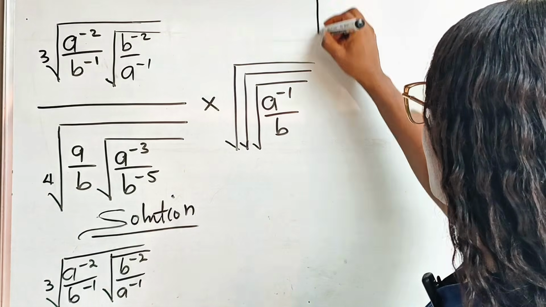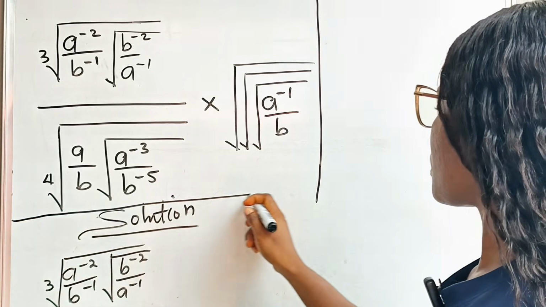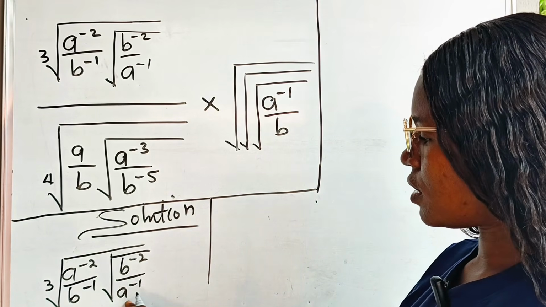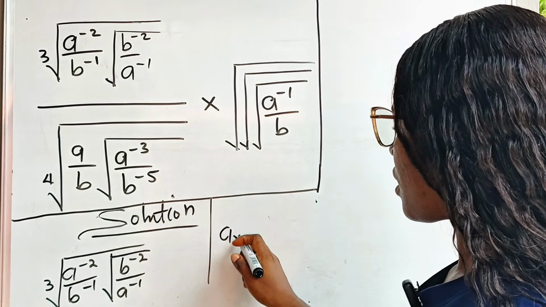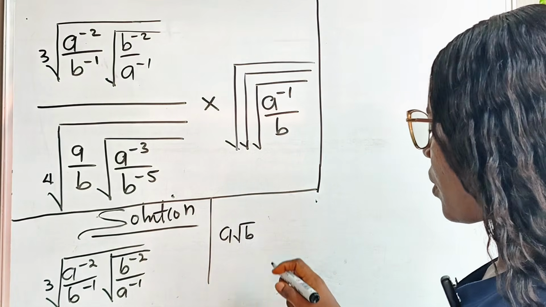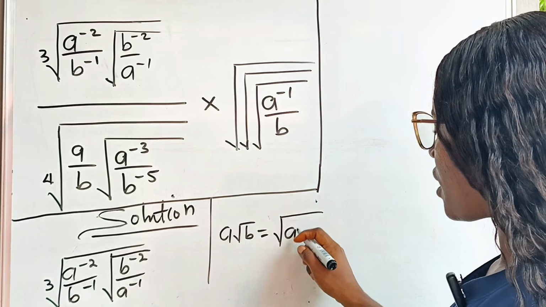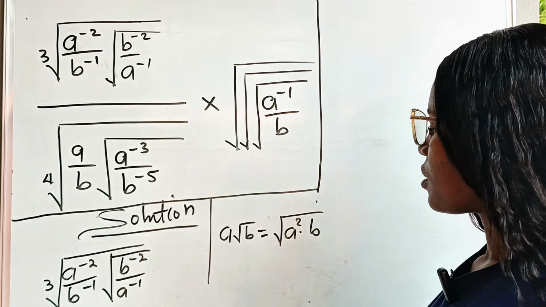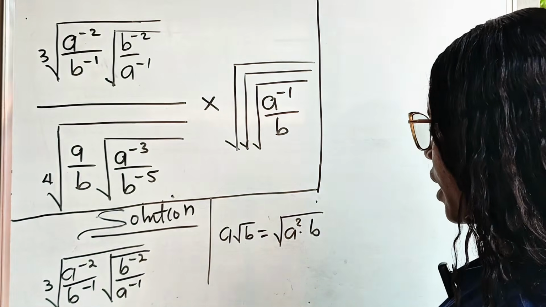Now, to solve this, remember that if you have a square root of b, it is the same thing as the square root of a squared multiplied by b, right? So if we apply the same law here,